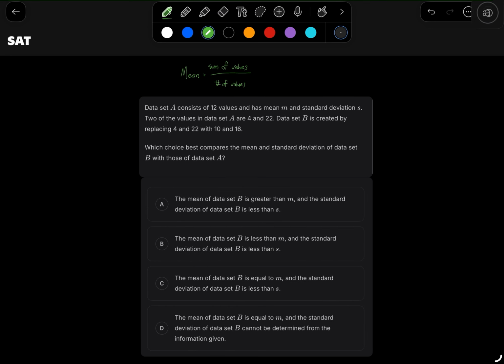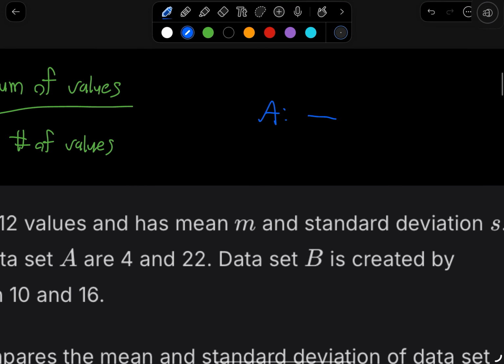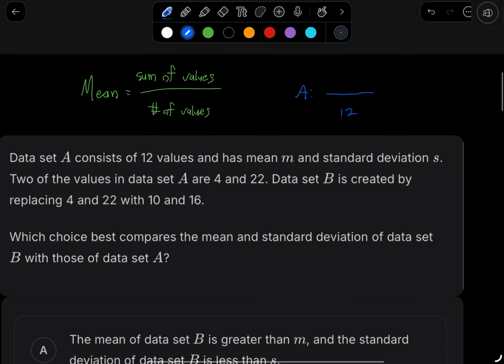So in this case, let's look at set A first. Data set A consists of 12 values, so on the bottom here, the number of values is 12. And we also know that two of the values are 4 and 22. Well, how do you find the sum of the values? We only know 4 and 22. What about the other 10 values in the data set? Well, you can't find the sum exactly with those because we don't know what those 10 values are, but we can still find a way to